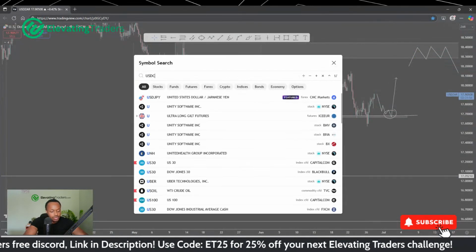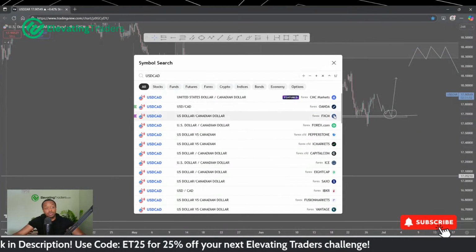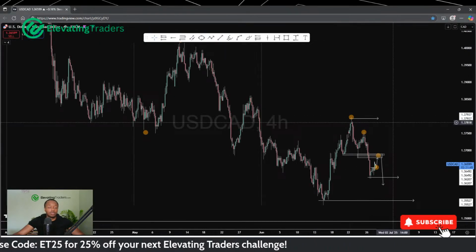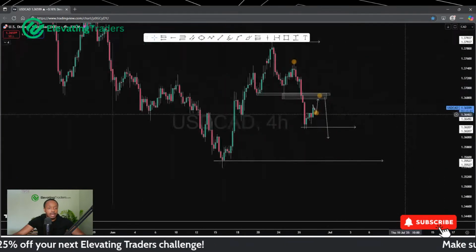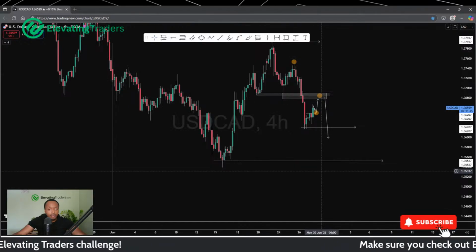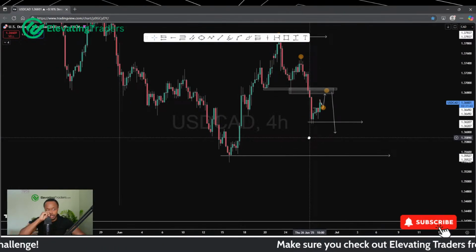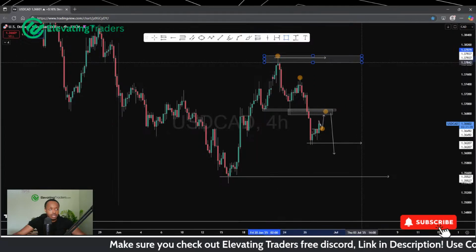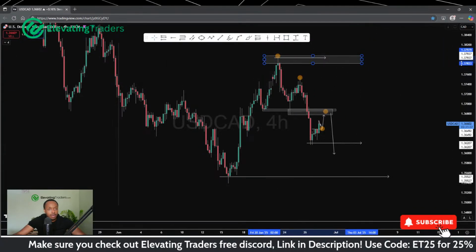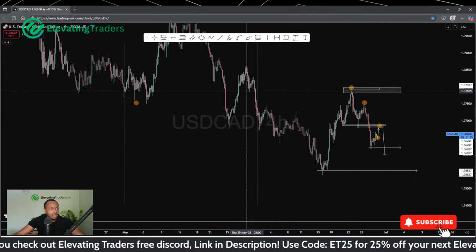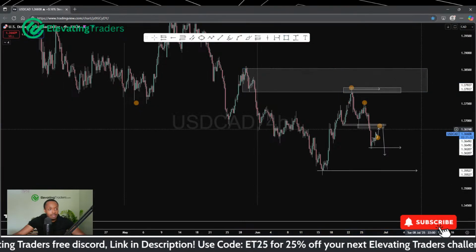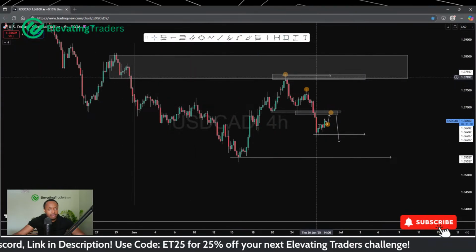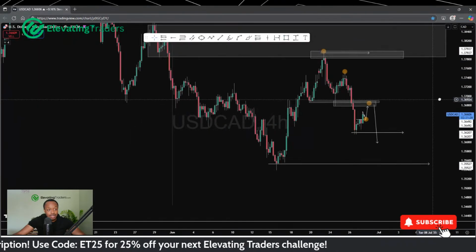In terms of USDCAD, USDCAD looks pretty bearish to me, so I am still looking at more downside. A pushback to 1.35527 is still my expectation. I was looking for the retest of the high here, but unfortunately that just didn't play into my hands. Of course, we did see the retest of this area of demand, which was great. I was looking for price to come back and retest it, then sell, but we didn't get that, unfortunately.